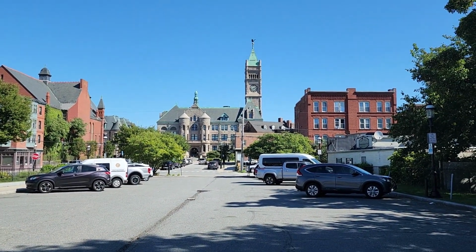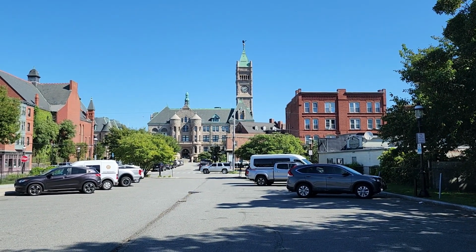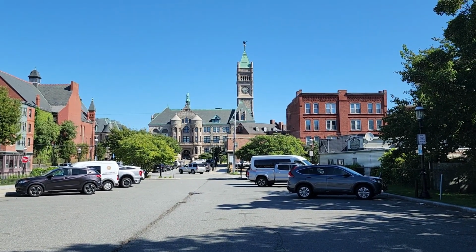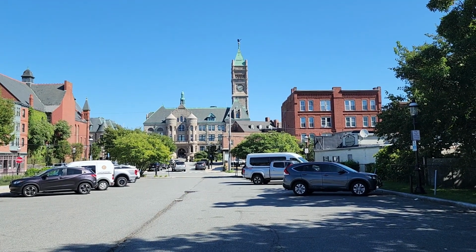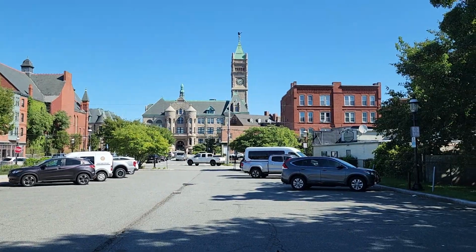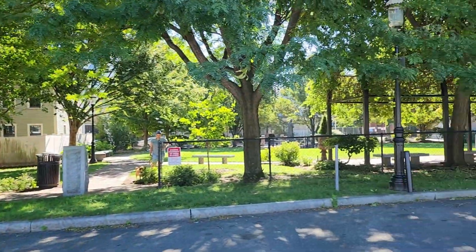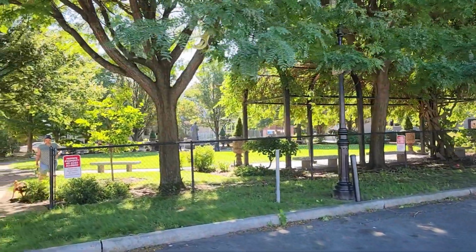Hey everybody, it's Bill Cogswell again on a bit of a shorter walk around Lowell video, and just wanted to give you some orientation perspective. That's the city hall that I walked by on an earlier visit, earlier walk I should say, and